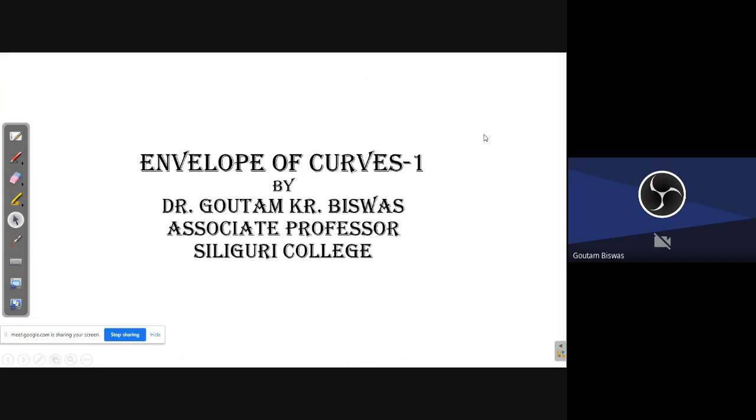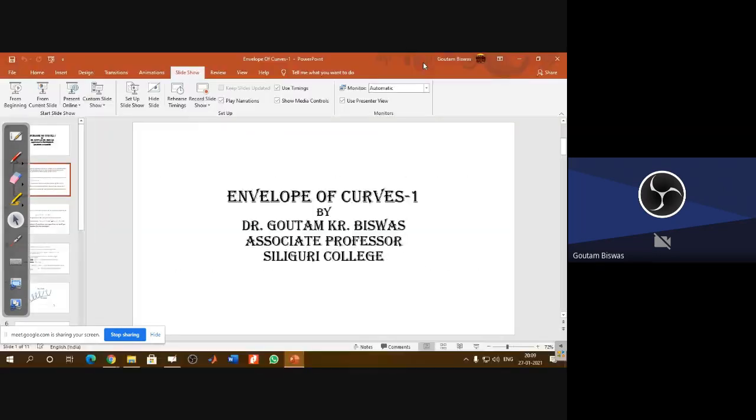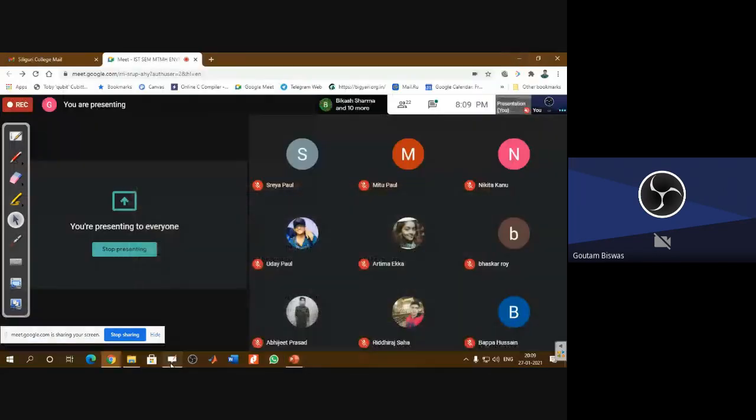আচ্ছা, envelope of curves, এটা হচ্ছে লেকচার সিরিজ 1, ঠিক আছে? ডেফিনেশন অফ দ্য এনভেলপ। ওকে, বিফোর দ্যাট একটু স্ক্রিনটা খুলে নিই।